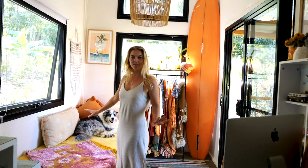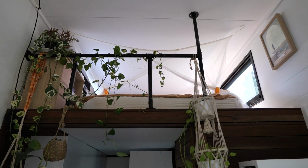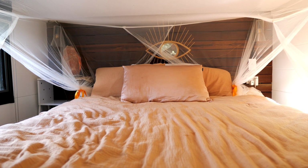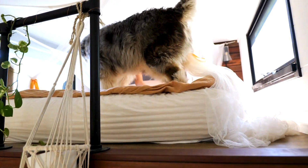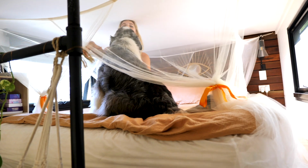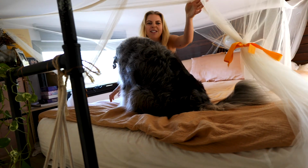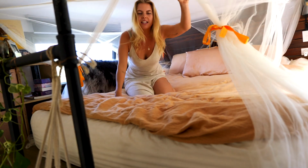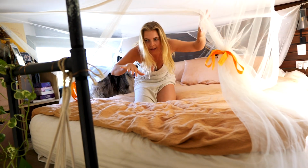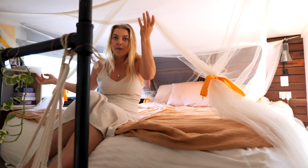Okay, so now we go up to the boudoir, the bedroom. And then here is my bedroom. And I've got a mosquito net because the mosquitoes are terrible here. But it also looks really cute. The only thing is that it's not very tall, so it's pretty cozy. I have a view of Byron Bay from my window, so it's pretty special,